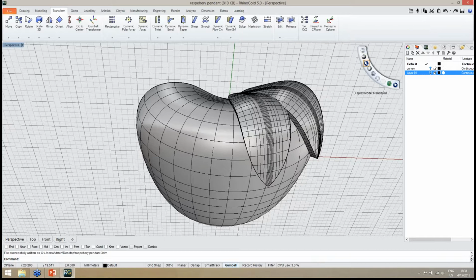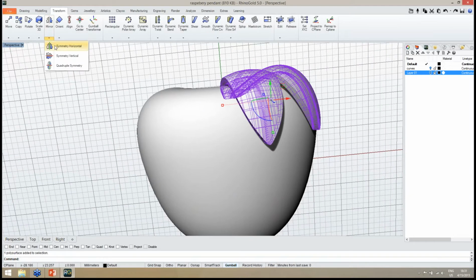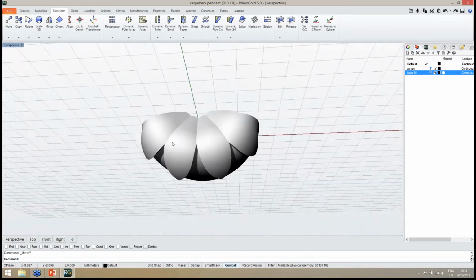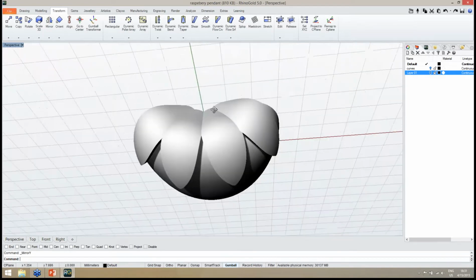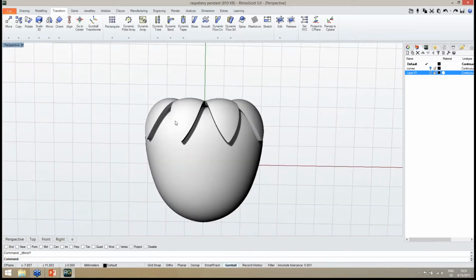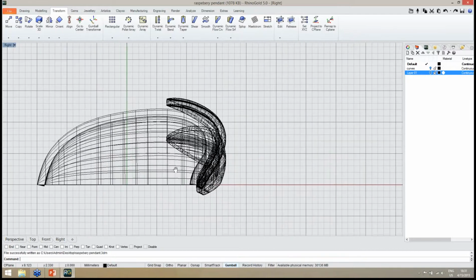So the idea is, let me just check if the symmetry goes well. Then I will apply the symmetry after applying the gems. So when I apply the symmetry, this will be what it looks like. So it's what I'm looking for. So now the next step, what I'm going to do is in the right view, I'm going to define the